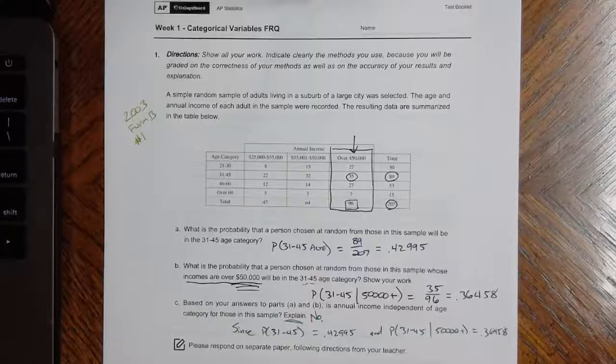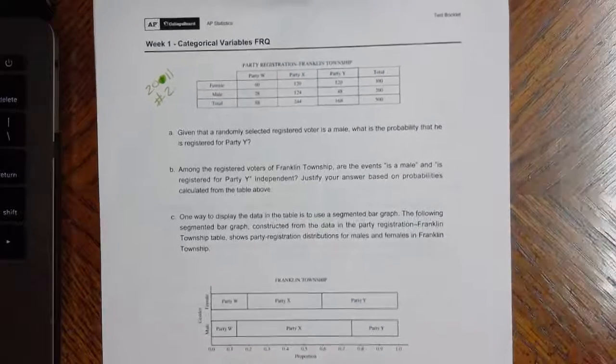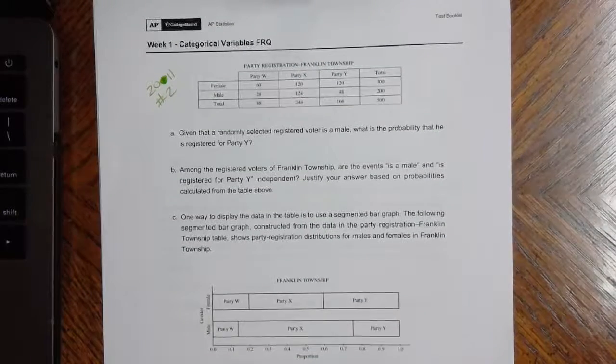So using these answers, we can show independence, and that was this first question here. And again, that was from 2003, number 1. The second question. And I'm just going to flip to the next page here. I know I cut off a little bit at the top here,